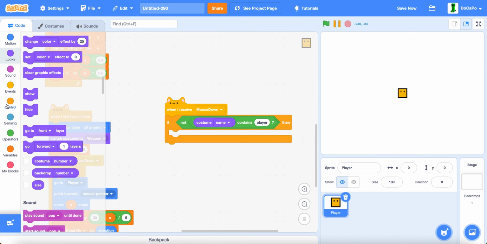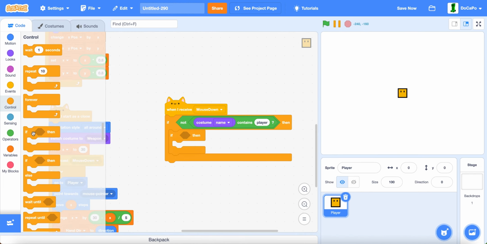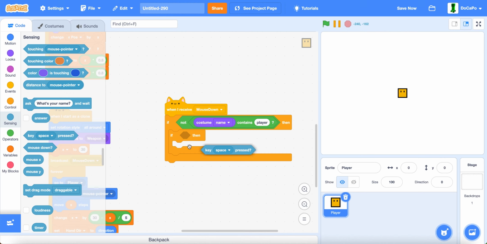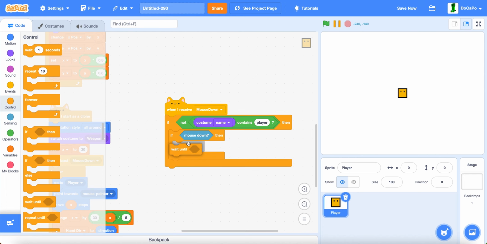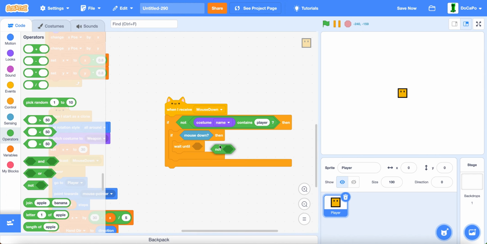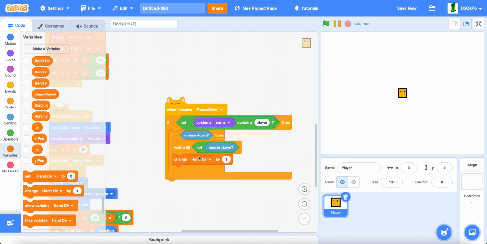And if it doesn't, then if mouse down, wait until not mouse down, then change X by -5